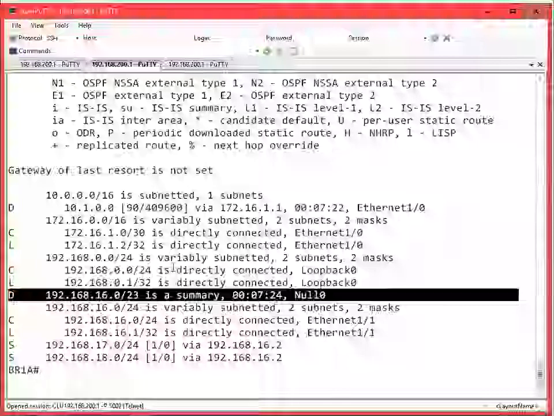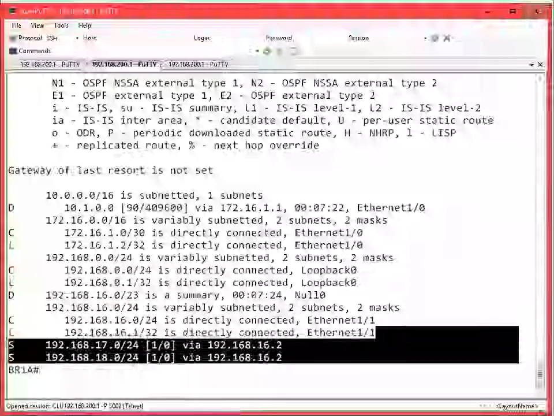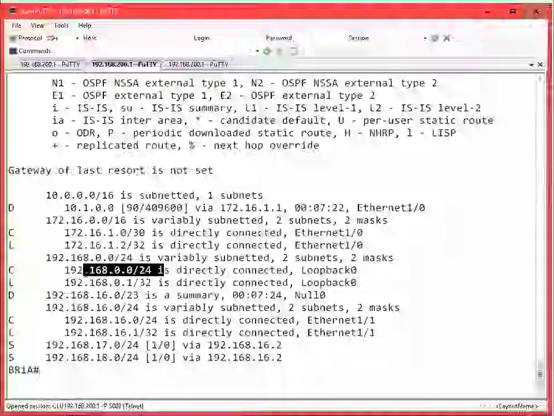And we can also see that BR1A has a static route to 17 and 18, so we're not actually learning about those routes through EIGRP. And then obviously the 00 subnet is directly connected. So we're setting the table to really talk about what it is that we're trying